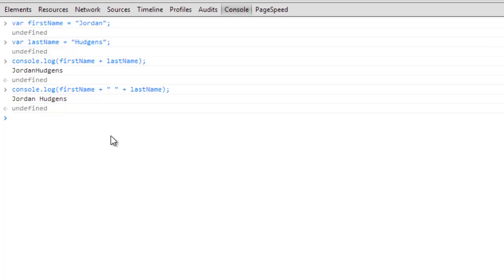Now this is not only limited to this, you also have the ability to put in anything else. So it's not just combining variables and putting spaces in, you can put anything you want in. What we're going to do now is show you how you can start using strings inside console logs and alert boxes. So we're going to do double quotes, and we'll say my name is, a space, quotations,